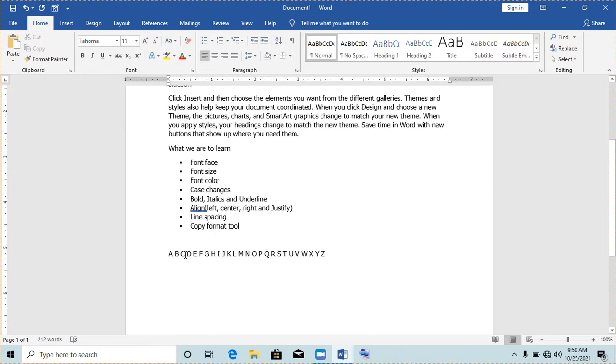So I am going to choose just letter B and then adjust the font size to 12. The difference isn't much, but you're going to notice as we choose other sizes. Then let me choose letter C. I'll click at the beginning of letter C and select just letter C. The next here is